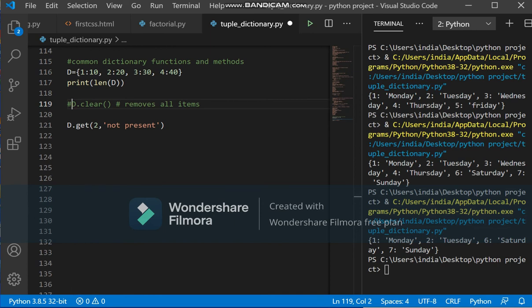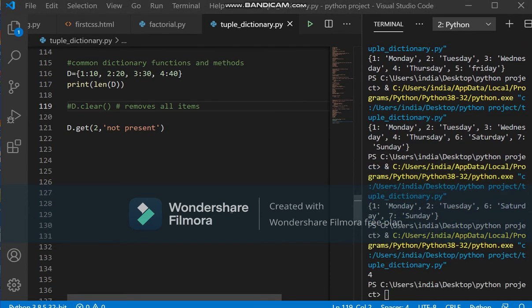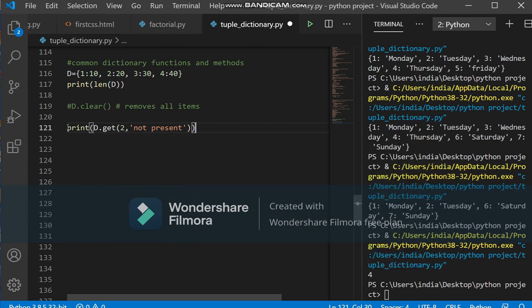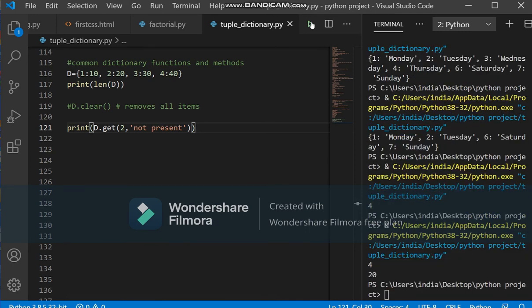Though we have here 2 as Tuesday, otherwise "not present" will be printed. So the length is 4, then the print statement with get is going to print Tuesday, or the complete key value. Here it is 2 is Tuesday.